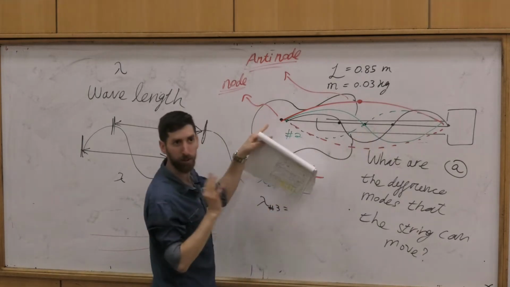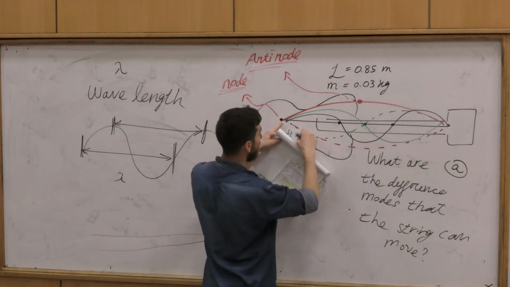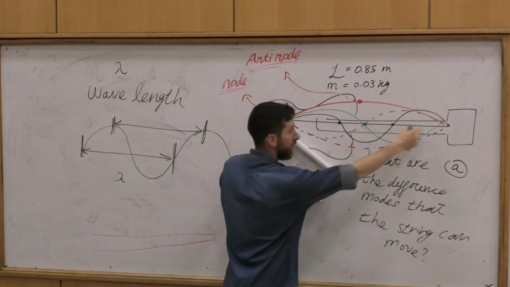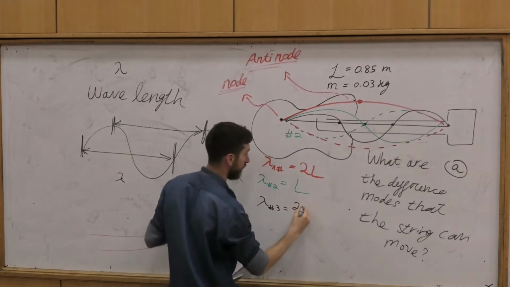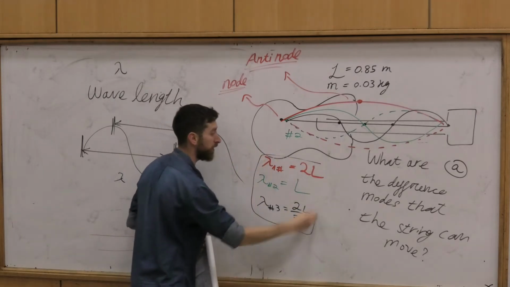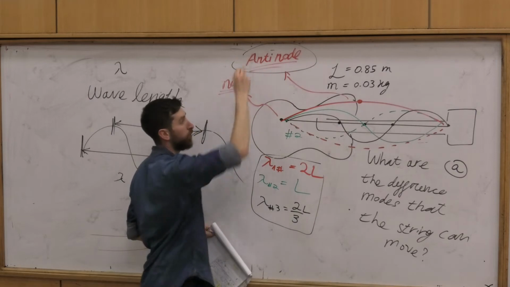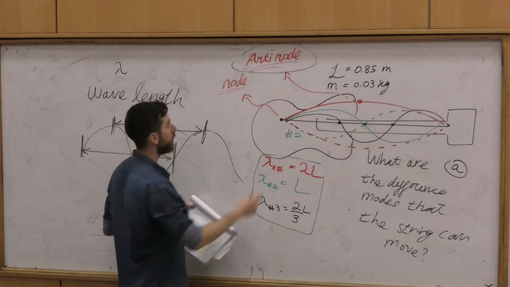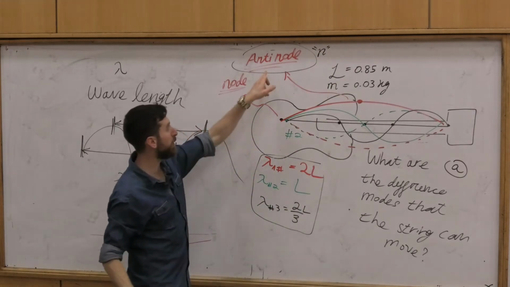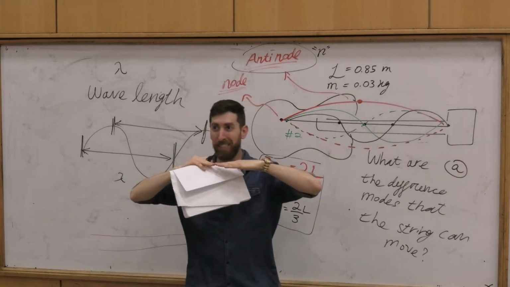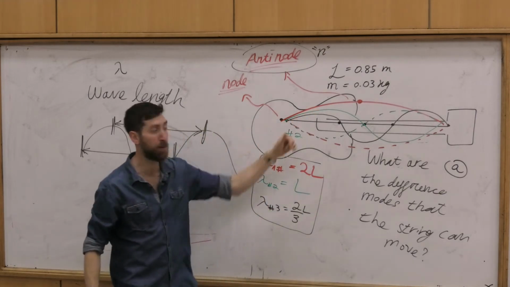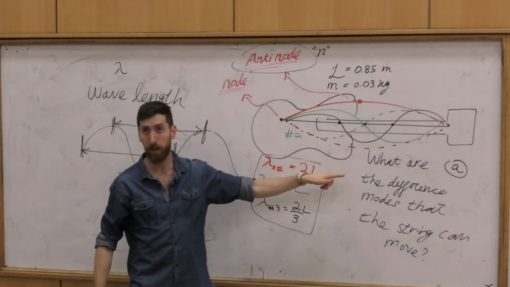And right now, what is the wavelength of the black? Yeah, it's a little bit too many things on the board, right? So it's a black. This is 2/3 of L, right? So it's 2/3 of L. And now you're going to see why it's so important to have this term, which is called the antinode, okay? So the antinode, we do it with the N, because remember, antinode is the displacement of the string that moves the most, okay? It's the maximum and minima of the string, right?